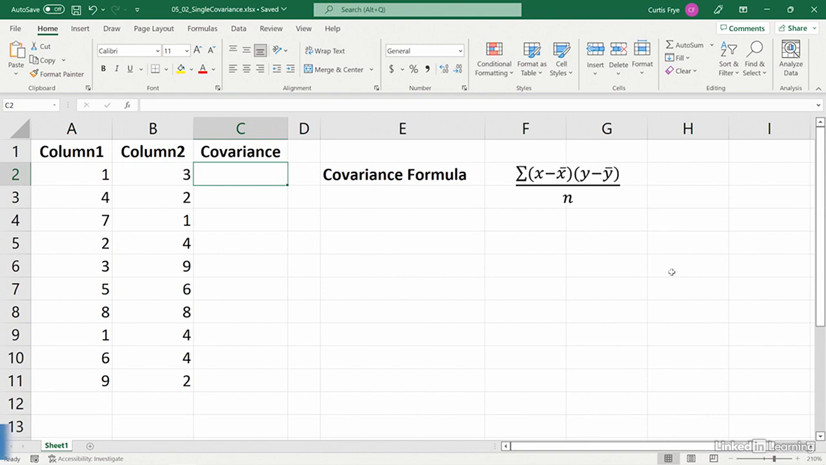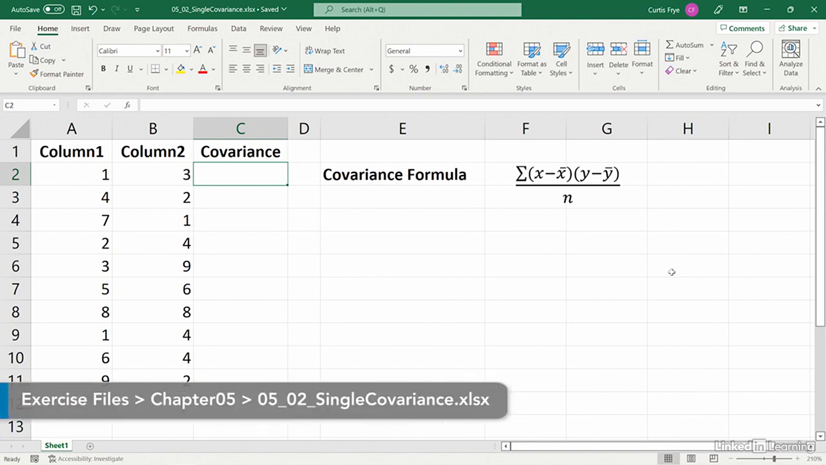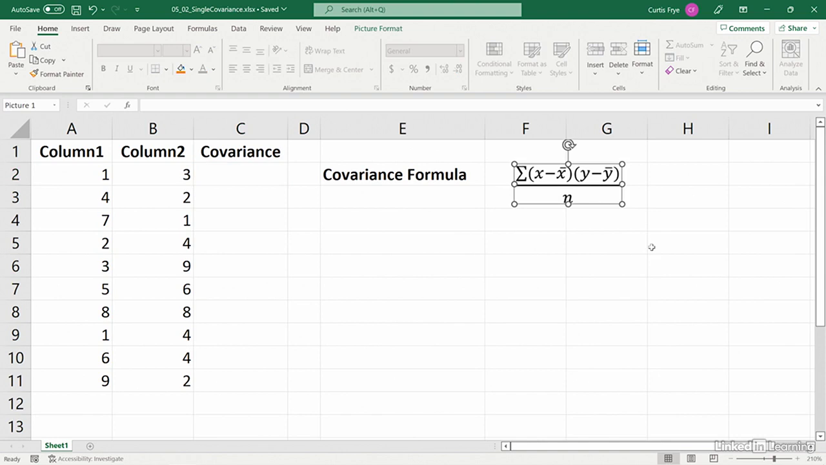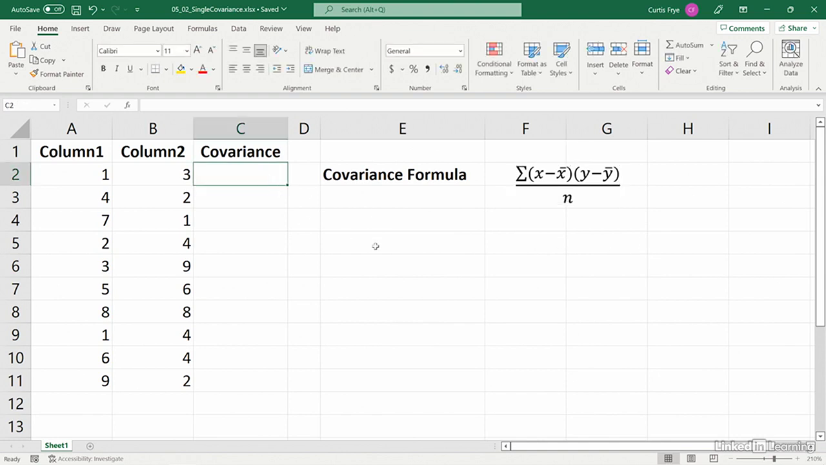covariance. My sample file is 0502 single covariance, and you can find it in the Chapter 5 folder of the exercise files collection. I'll show you two different ways to calculate covariance. The first is the long way. So I will implement the formula that you see here in this graphic as part of the worksheet. And then, once you understand what's going on, I will show you how to use a built-in function to perform